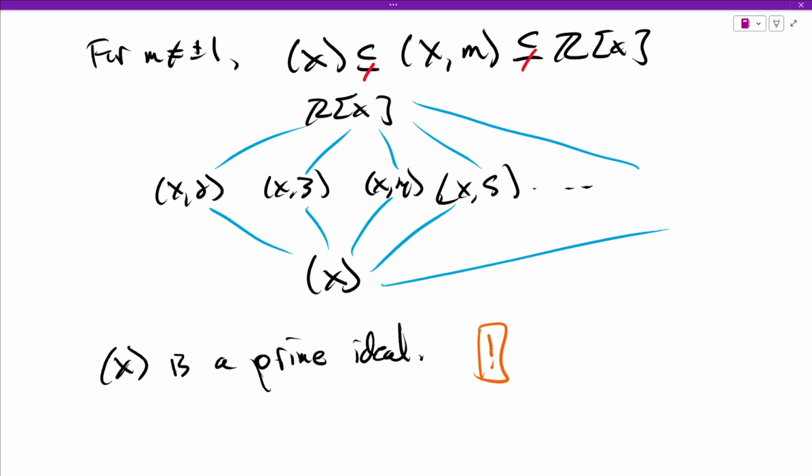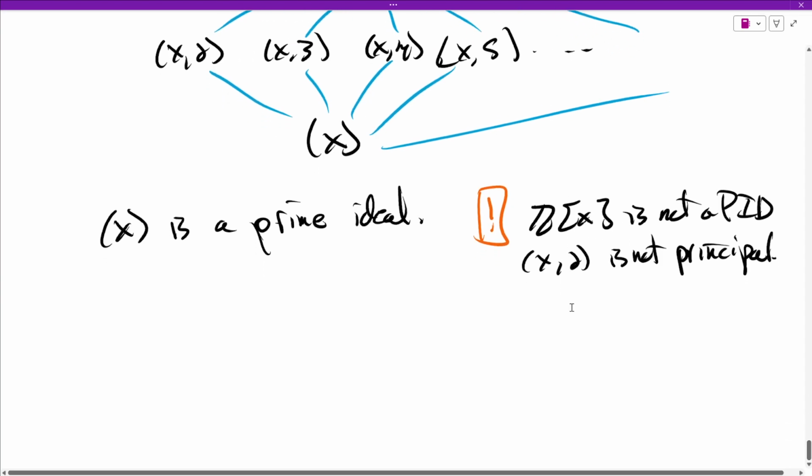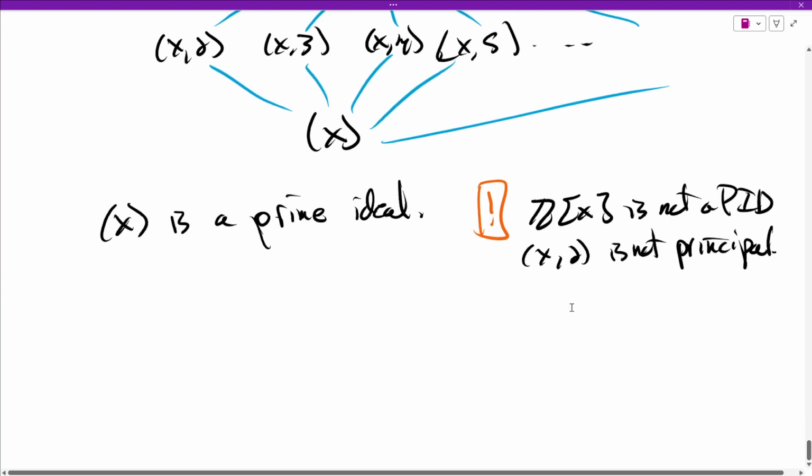So what's the caution? The caution is Z adjoin X is not a PID. Why? Well, that example I showed you a while ago, this ideal (X, 2) is not principally generated. So this is an example of not a PID. So we can't use that argument that X is irreducible. That's not going to guarantee that this guy is a prime element anymore. However,